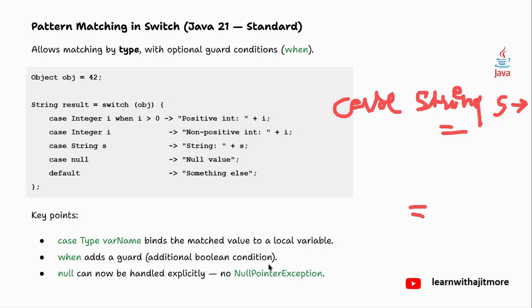and you can match null value also. And as you are matching that case with null, here there is no chance of null pointer exception. Null pointer exception नहीं आएगा। Means अगर आपका object null भी रहेगा तो भी ये case के साथ match हो जाएगा directly। Getting? So null can now be handled explicitly. No issue of null pointer exception. You don't have to write this whole thing in a try catch की जरूरत नहीं है।